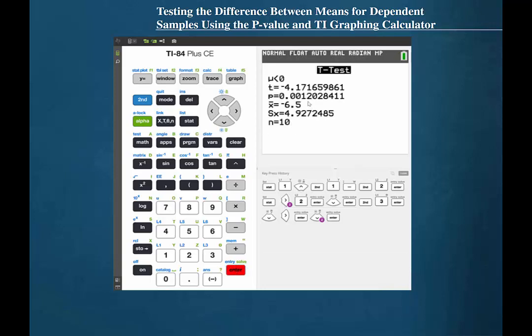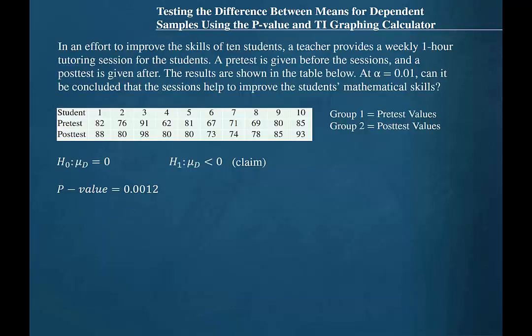Press Enter. Cursor down, highlight Calculate, and press Enter. The p-value is given to us as 0.0012 when we round to 4 decimal places. Note also that this process provides us with the t-test value -4.172 when rounded to 3 decimal places. So the p-value is